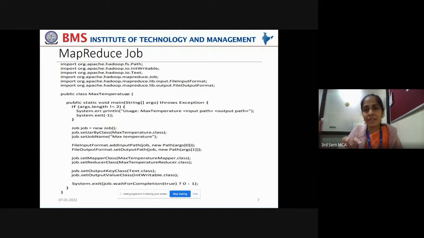The NCDC data set that we have contains meteorological measurements of 100 years, captured by various sensors deployed at different locations in the US. So that will give you the maximum temperature recorded in each year over 100 years.